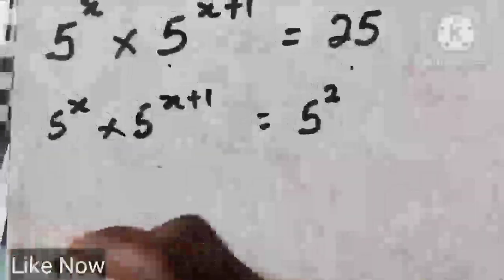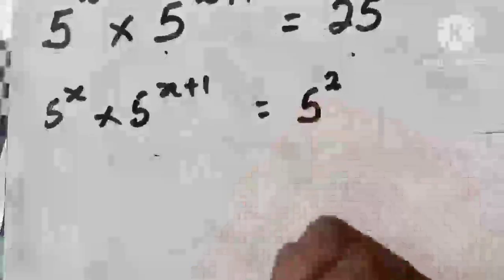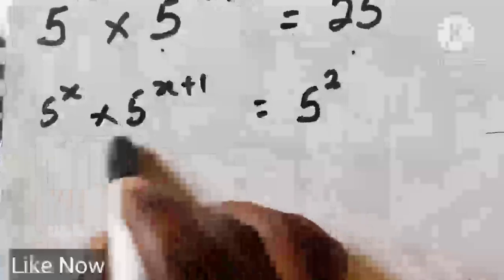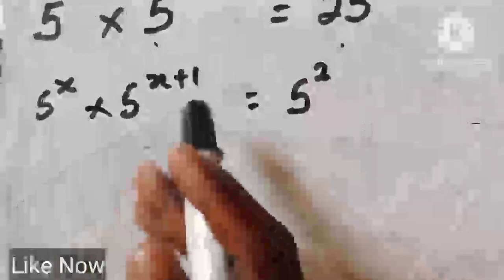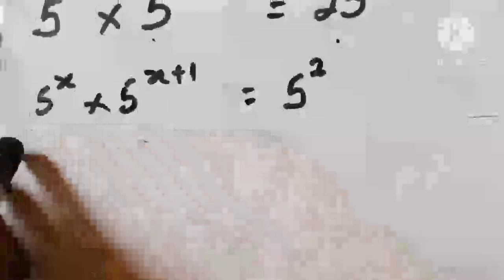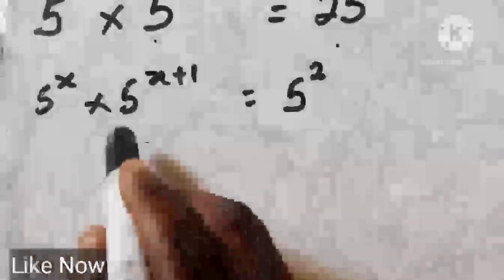But the key here is something you must pay attention to. What are you going to do from this point, since there are 2 terms on the left? Unlike the first one, which had just one term on the left-hand side and one on the right-hand side, here we are dealing with 2 terms. That's why I need to apply a certain law. The law says that